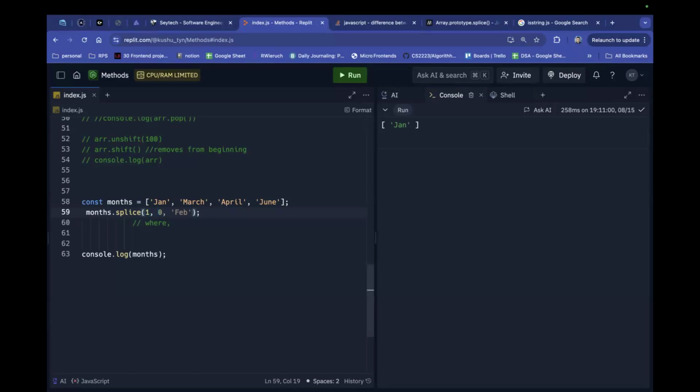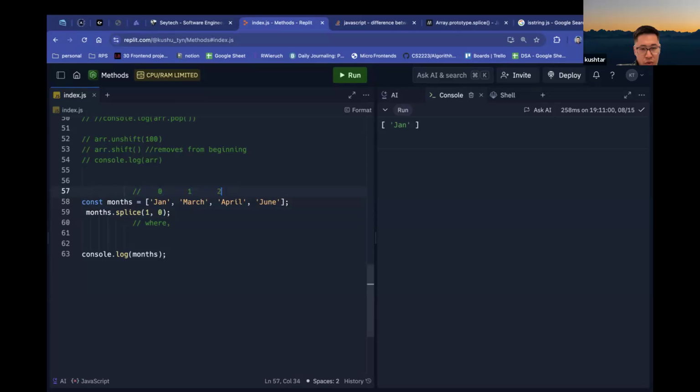But you put in 2. It's a little confused. Because in the array, the index starts from 0, right? So when you put 2, actually it shows, like if you put 1, it shows April, January, but actually it should be, if it's 2, it's supposed to be April, not March. So try months, twice, 2. So it will be like this, 2